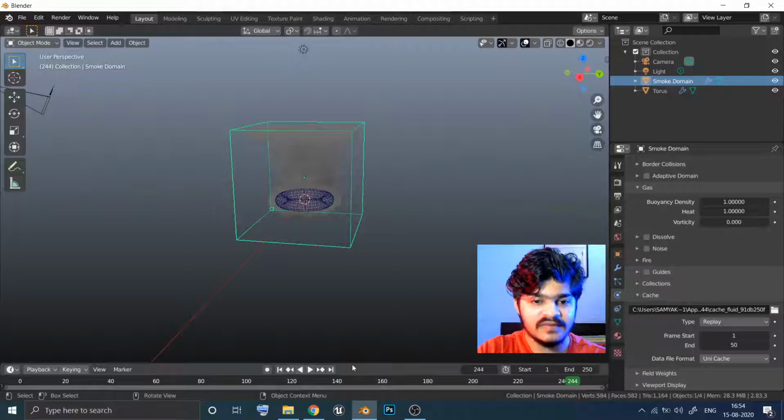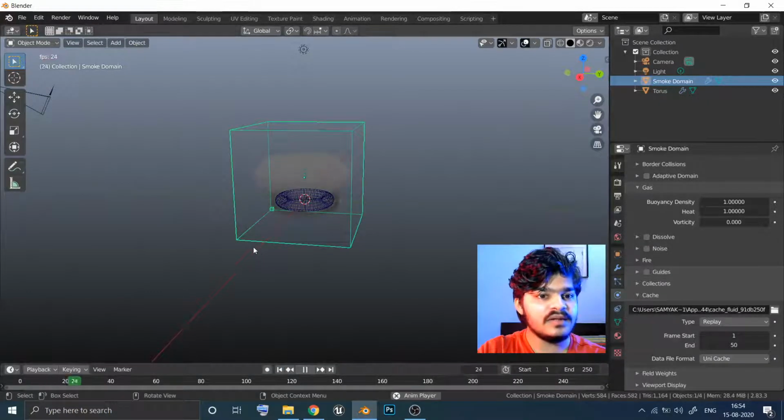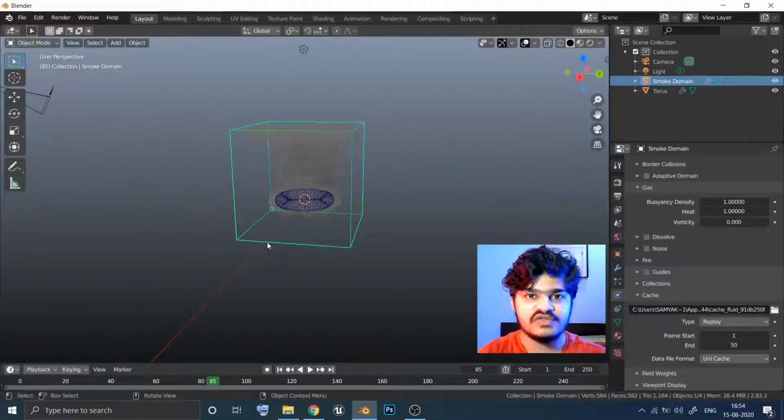Once one cycle is completed, you can see that the second time it's going to be really fast. The first time you saw that it was really slow and choppy, but from the second time onwards, it's going to be really fast. Why? Because the first time it actually calculated everything that was required: the flow of the gas, how it will collide with the domain, how it would react with the domain and stuff like that. It calculated for the first time when we were playing. And all those